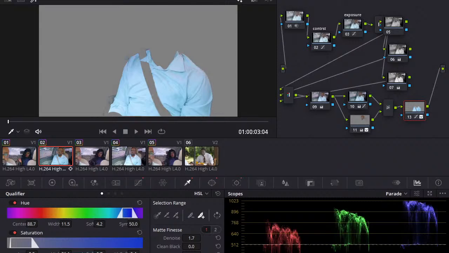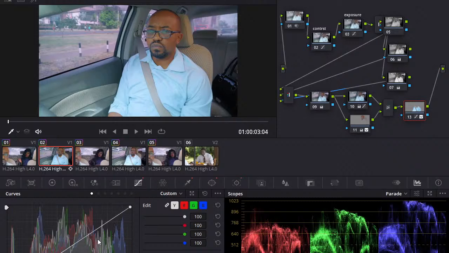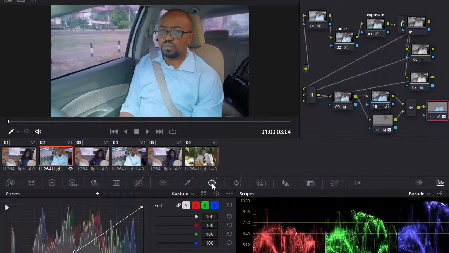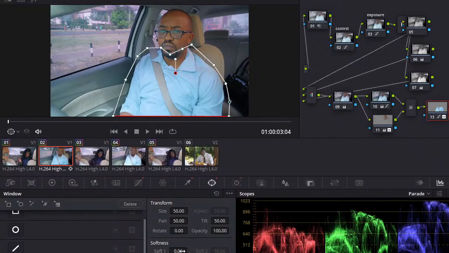I'm trying to fine tune it. This is where a Resolve panel would be very useful. Okay, let's leave it there, right? And take it down. So this is why I was saying you need to soften it. You see what's happening around here. If I was to take this to full viewer, there's something weird happening around the belt area, so you really need to possibly soften your mask. That's the first step. I'll say soften it,